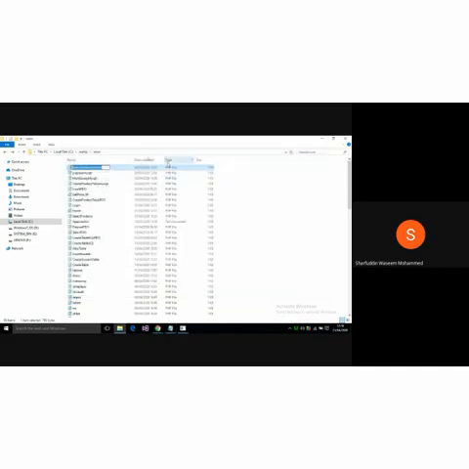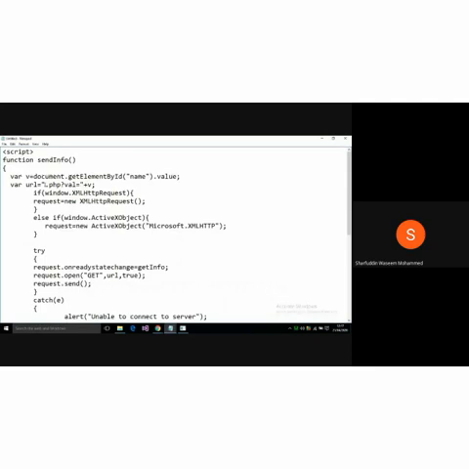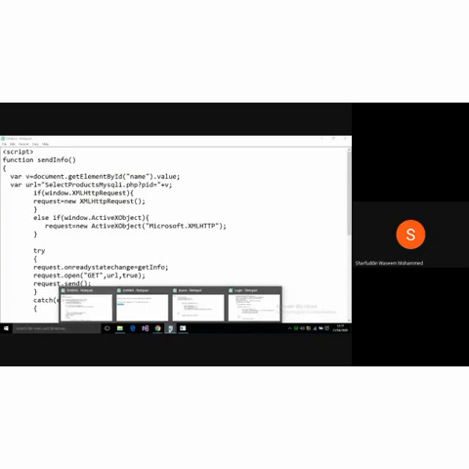So the product, this is the name of this, and our program is here. This is the URL which I want to access. The name of this is a PHP file, and it takes an argument called PID.